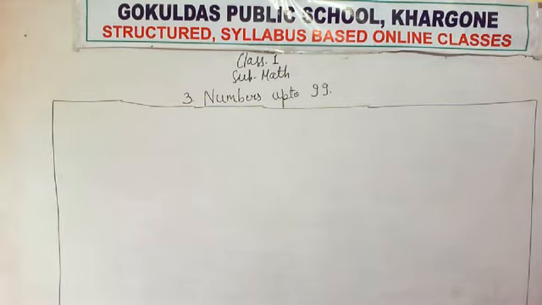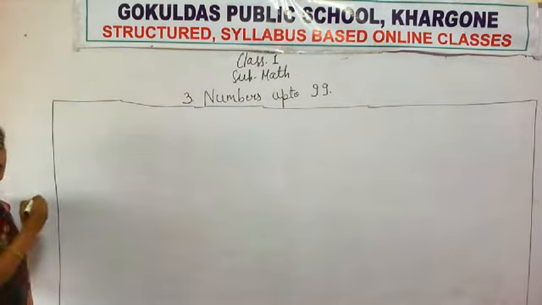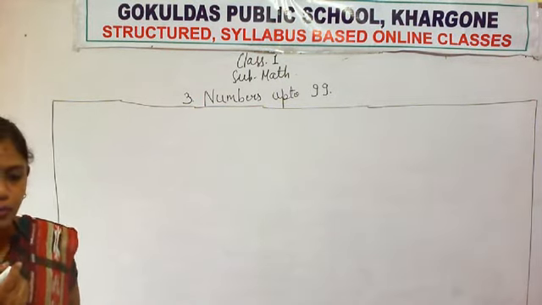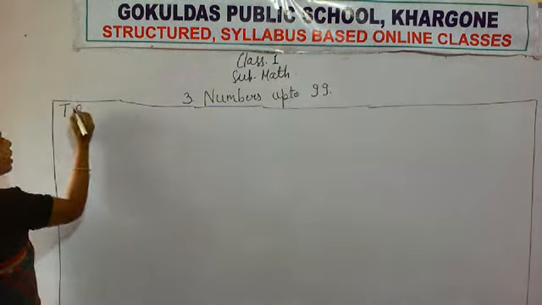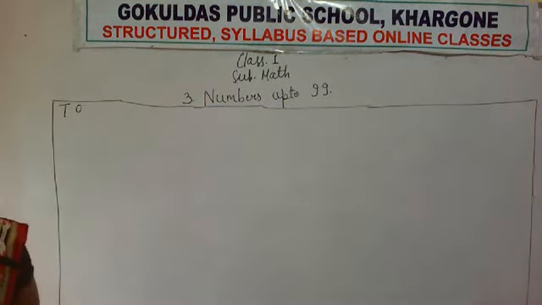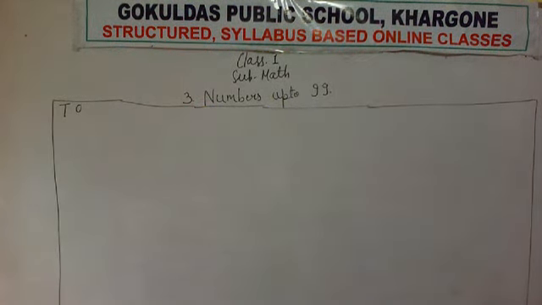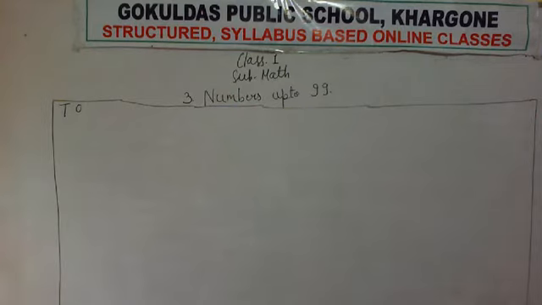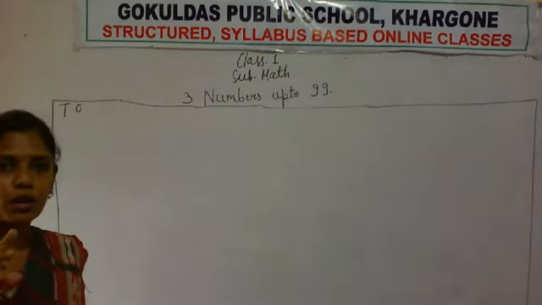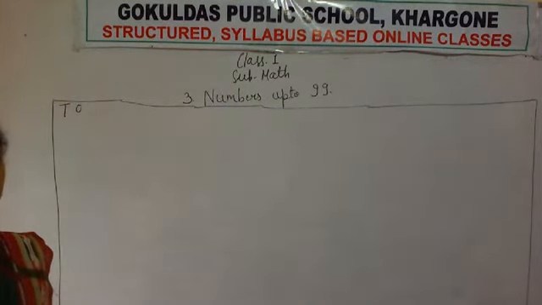Now, when we are writing numbers, we write first tens and ones. Okay. So O stands for ones. A single digit we always write in the ones place column. And while we are writing a 2 digit number, first we write the number at ones place and then we move to tens place.